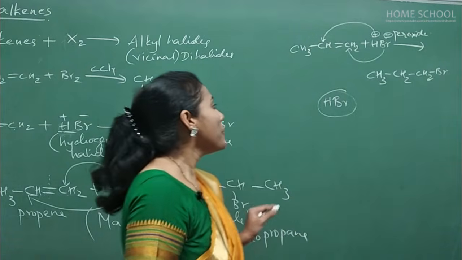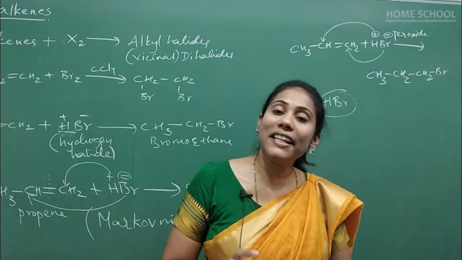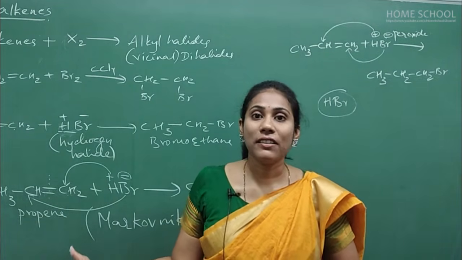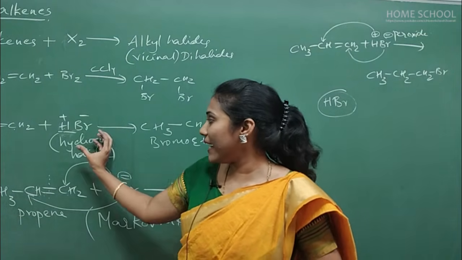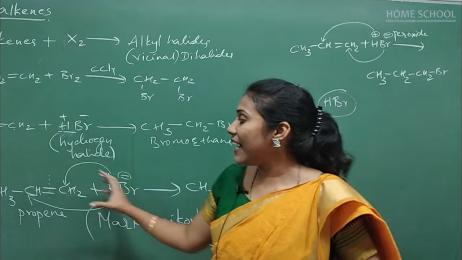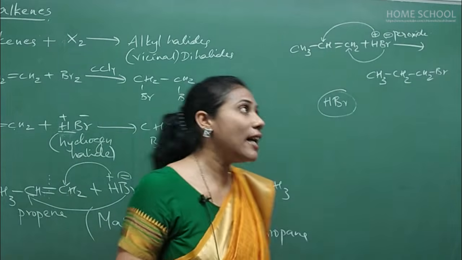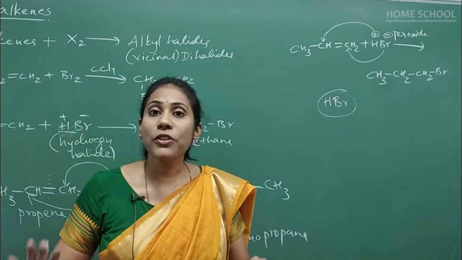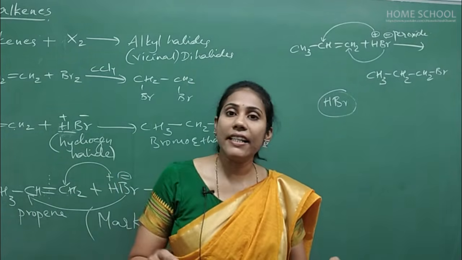Okay, fine. So this is how you will prepare alkyl halides from alkenes. It is by addition reaction. So you have to be very careful. If a hydrogen halide is added to a symmetrical alkene, how do you write? If it is added to an unsymmetrical alkene, how do you write? If the reagent is HBr and peroxide is there, how do you write the product? So this is all about the preparation of alkyl halides from alkenes.